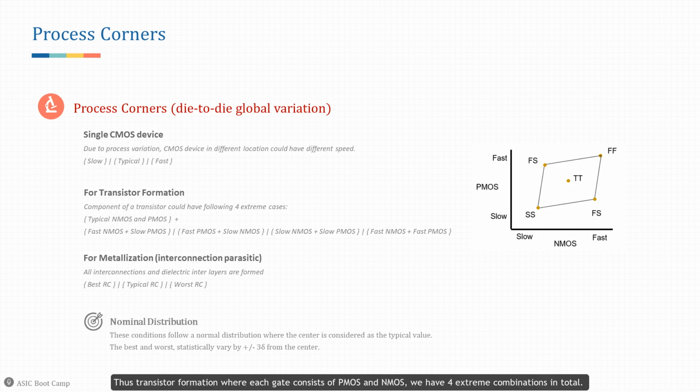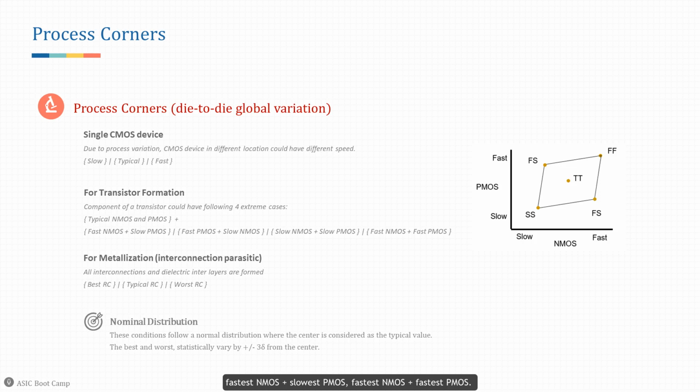Thus, in transistor formation, where each gate consists of PMOS and NMOS, we have four extreme combinations in total. That is slowest NMOS and slowest PMOS, slowest NMOS and fastest PMOS, fastest NMOS and slowest PMOS, fastest NMOS and